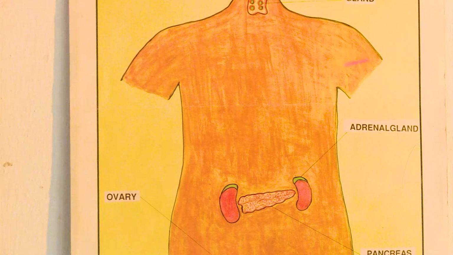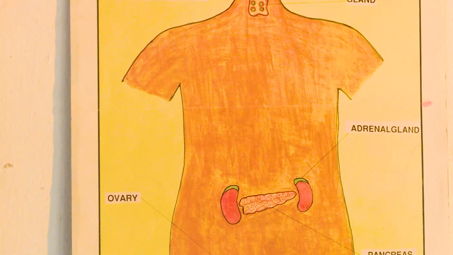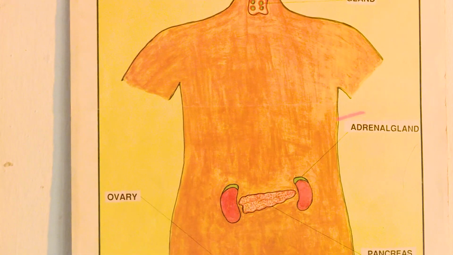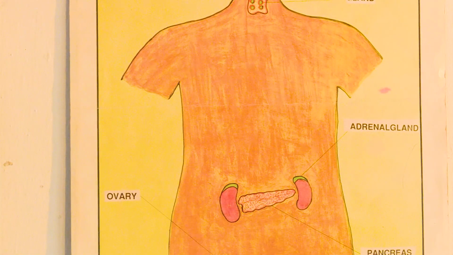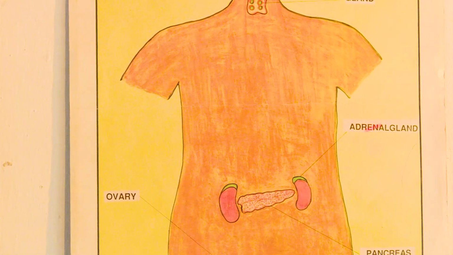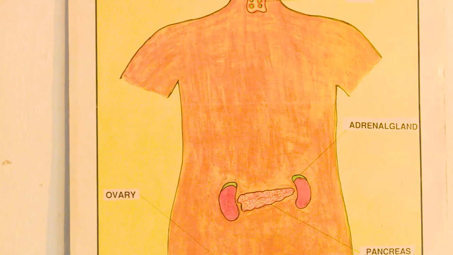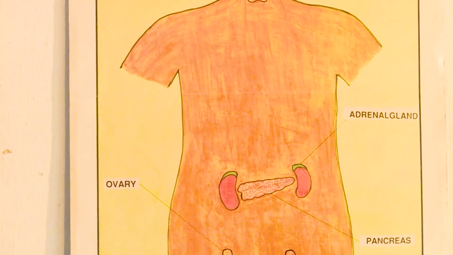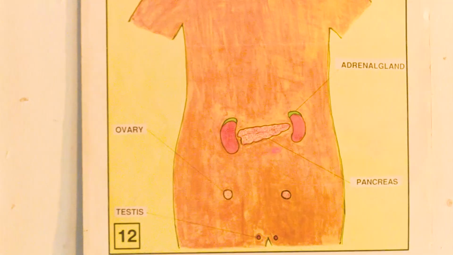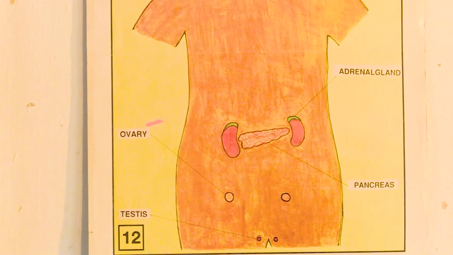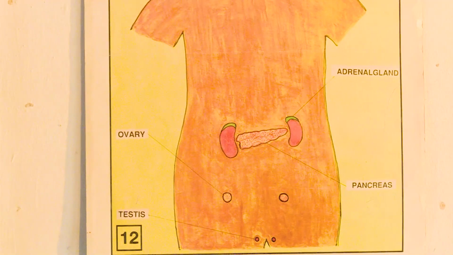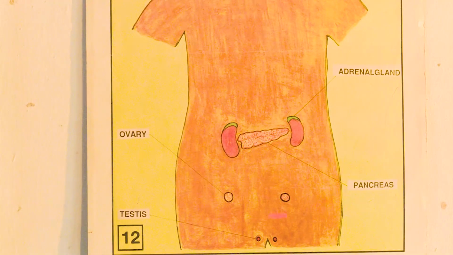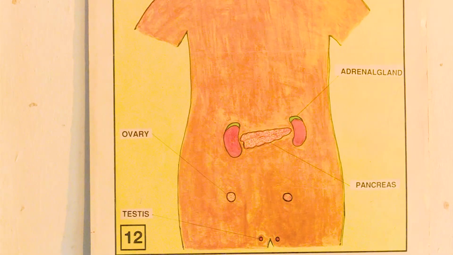Do you know that you have kidneys? Yes. Just above the kidneys, you find the adrenal glands. So we'll start with the adrenal glands. After the adrenal glands, we'll talk about the testes. Have you seen the location of the testes? Yes. After the testes, we'll talk about the ovary. Have you seen the location of the ovary? Yes. Okay, so we'll start with the adrenal glands, testes, then ovary.